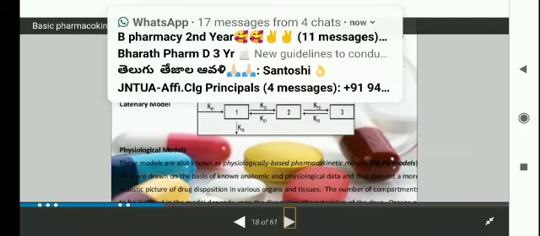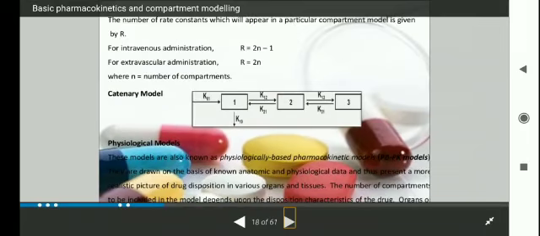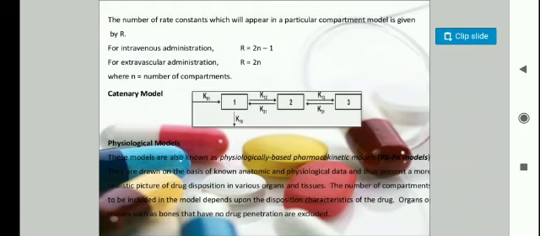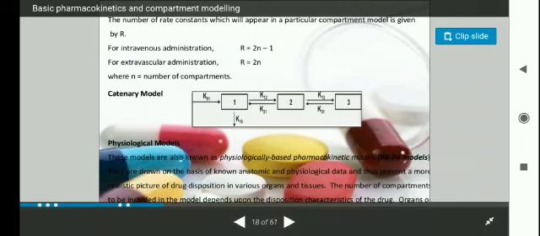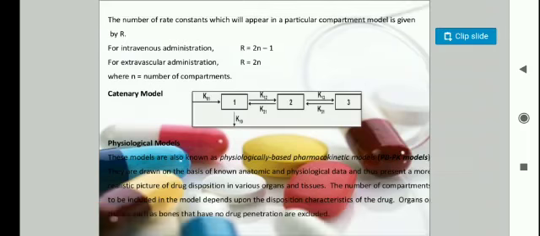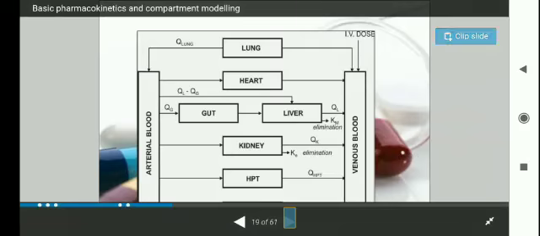The same thing you can see with 1 compartment models and 2 compartment models also, I mean 2 to 3 and 1 to 2 also. One is K12 and in the reversible you can see K21, and 2 to 3 is K23 and K32, like that. And apart from compartment models we have physiological models. Here you can see the physiological model: arterial blood and venous blood, that is IV dose along with elimination parameters.